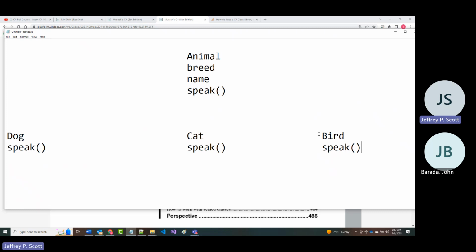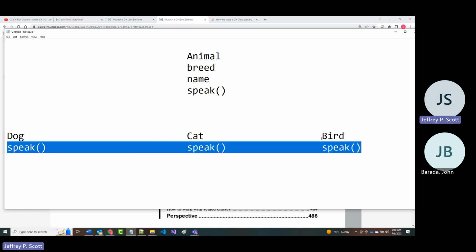All right. This is a really important concept because what we're saying is I can call the same method on different kinds of objects and it will know the correct invocation of that method based on the type of object we're using.